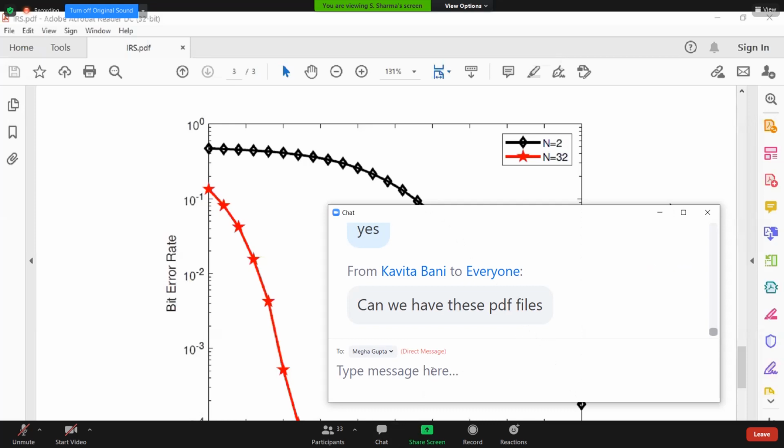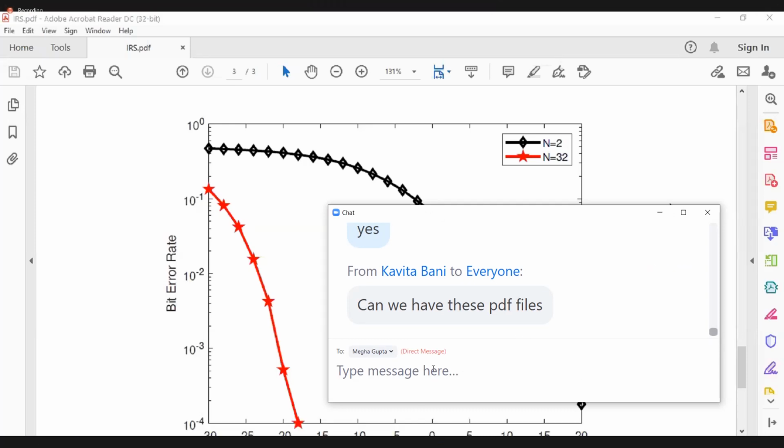Oh no, LDPC code is channel coding, that is a different story. We don't have any comparison because we are talking about different technologies. IRS is mainly for energy efficiency, and the NOMA technique is for spectral efficiency. If you want to improve both spectral efficiency and energy efficiency, you can combine NOMA with IRS. But these are independent technologies, so comparison, I think, is not a good word for them. Okay, sir. Thank you, sir.